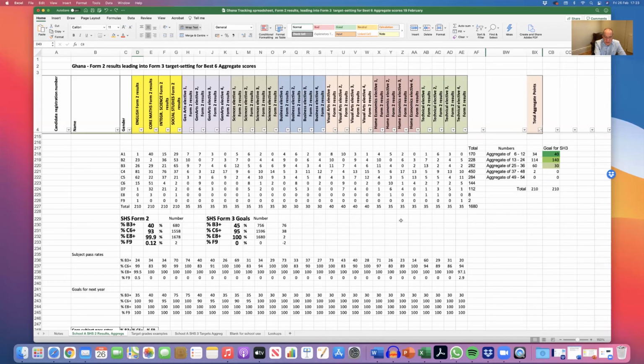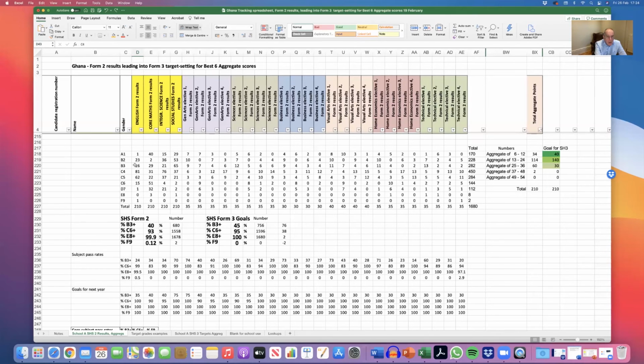So 40% of the 1,680 grades is 680. 45% of them is 756. So if the school wants to achieve this goal, it needs to get 76 more grades moved from C4 to